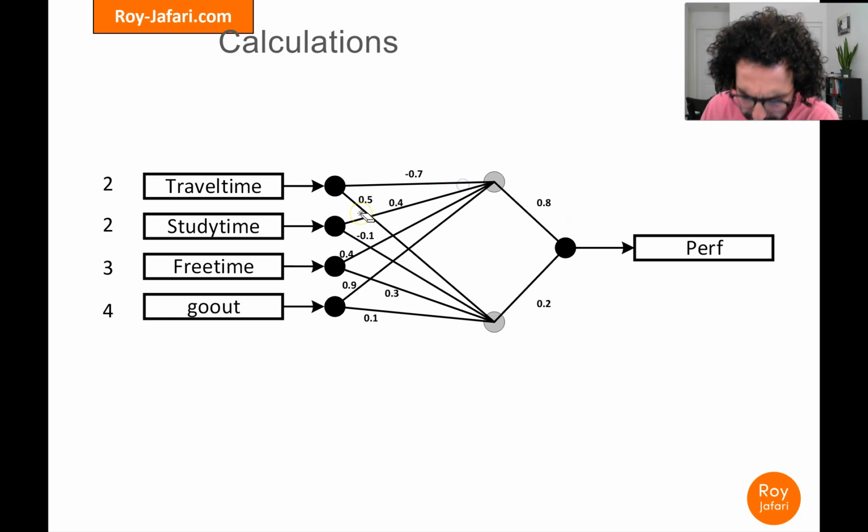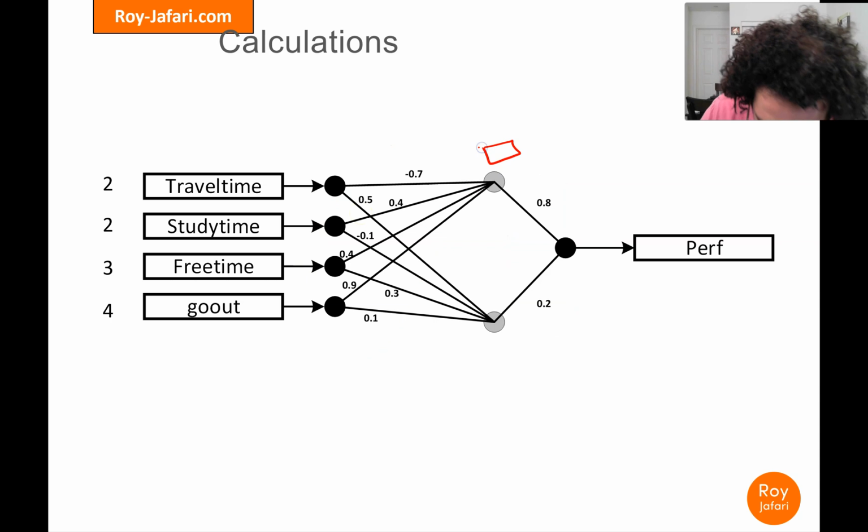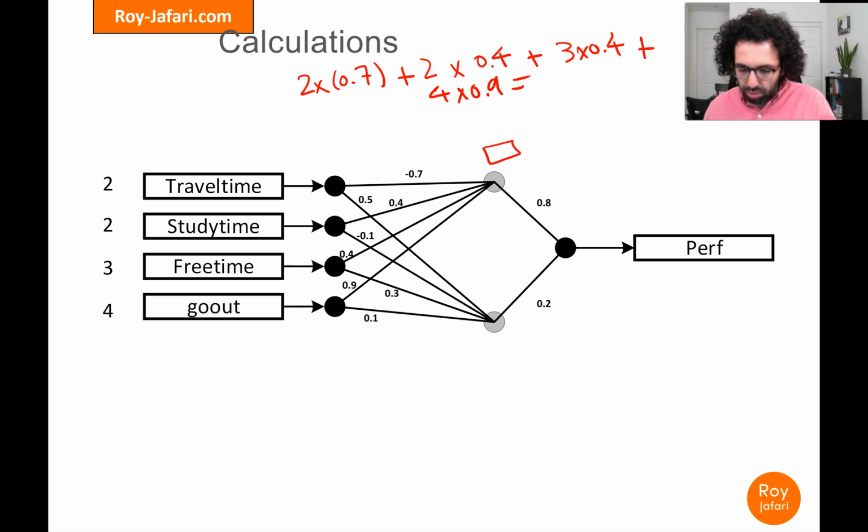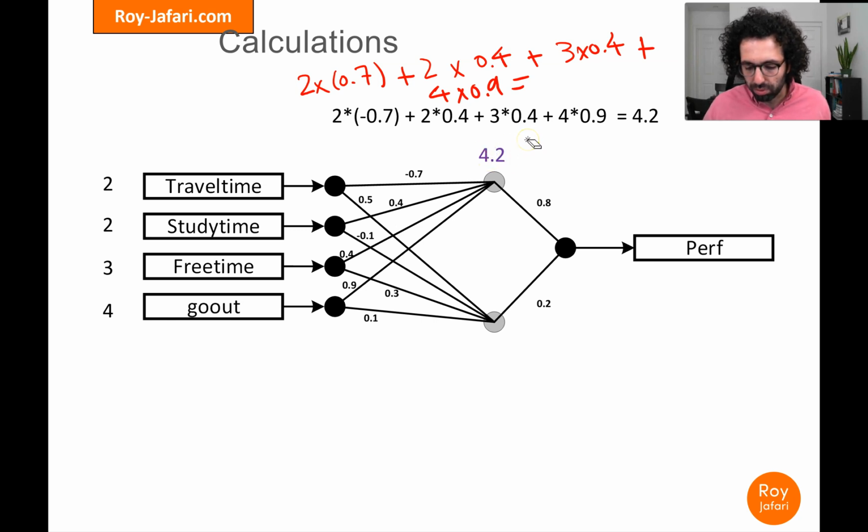So let's calculate the expectation on this node. It's going to be 2 multiplied by negative 0.7 plus 2 multiplied by 0.4 plus 3 multiplied by 0.4 plus 4 multiplied by 0.9, right? So you can see how simple the calculation is. Basically, you multiply the number by the connection's weight. So once we do this calculation, the value we're going to get is 4.2 for this node, and for the